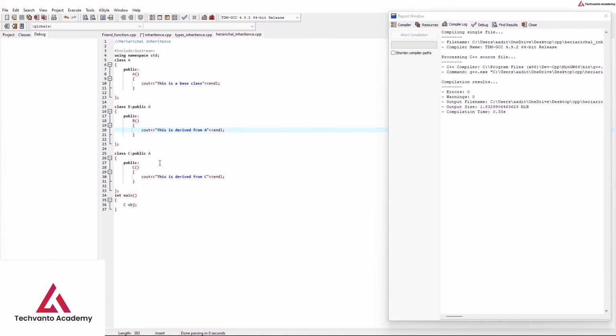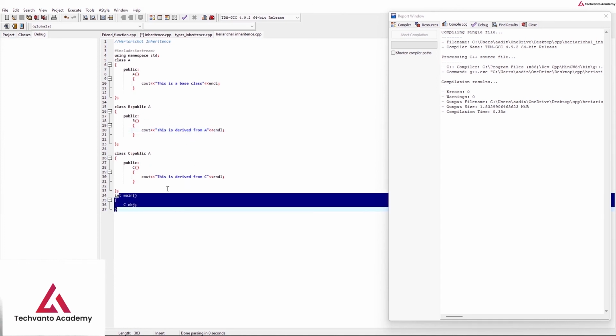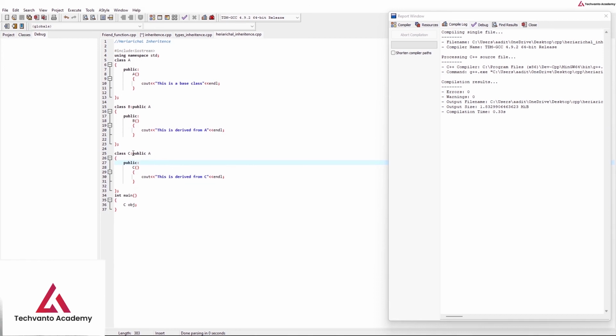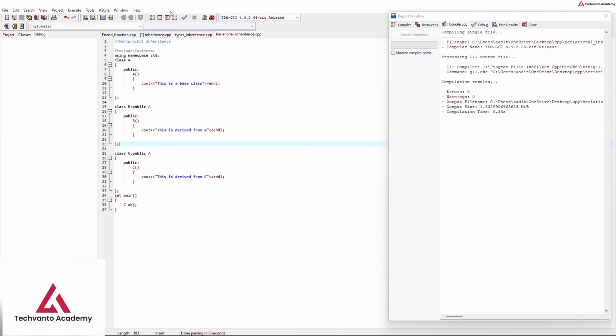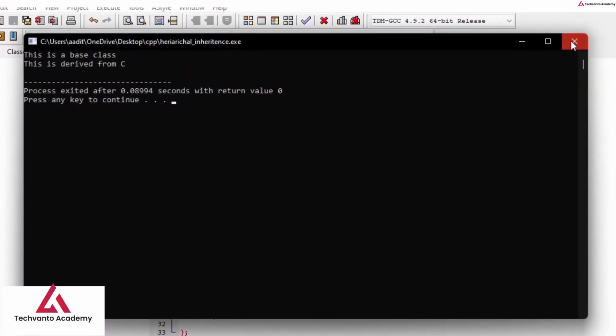So whatever statements are present, it is going to be derived from here. So that's why this is not going to be called, because this is not a relation between C and B. It's going to be a relation from A to C and again from A to B. So there is no relation from B to C. So that's why this is not going to be called at all. So in this way the multiple hierarchical inheritance is going to be used. Okay, now we